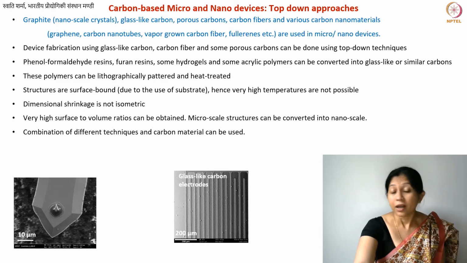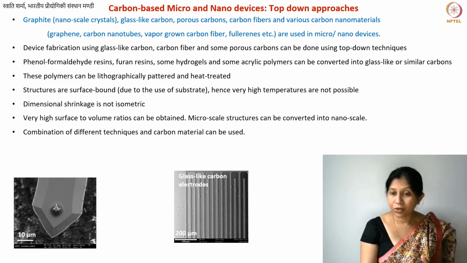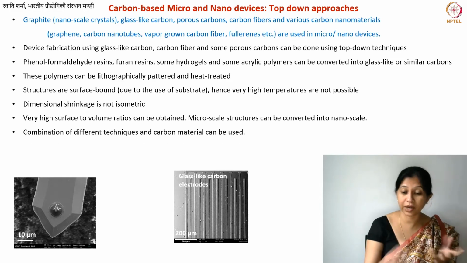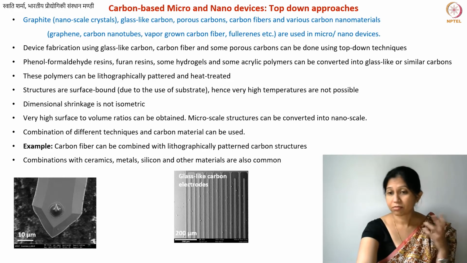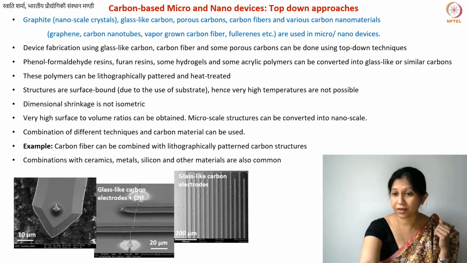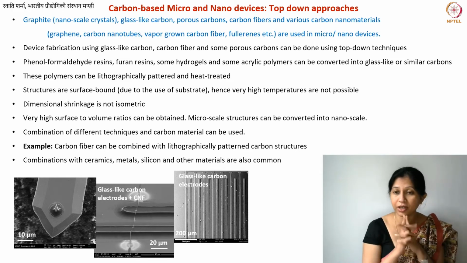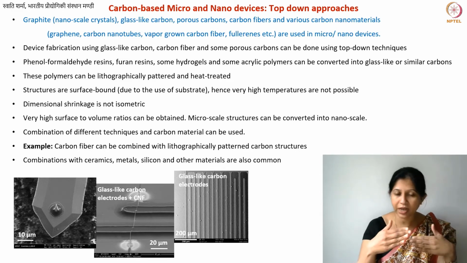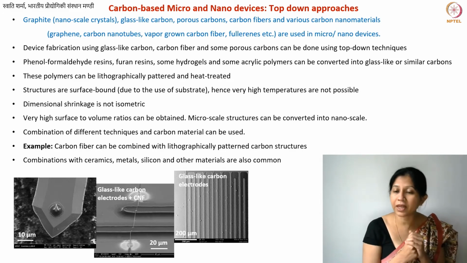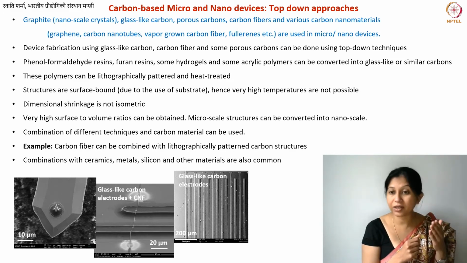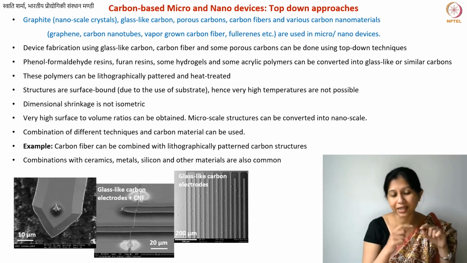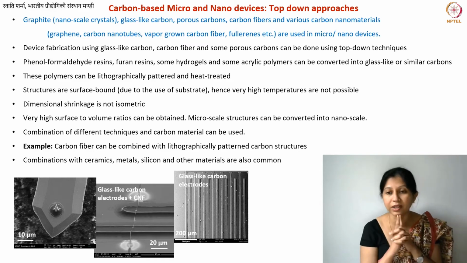Okay. Often you would also use a combination of different techniques. So for example, you can use electrospinning with lithography. So here is an image that I have shown here. You have two contact pads. On top of that, you see there is a fiber. Now the fiber was made using electrospinning and in such a way that you got only one single fiber. We don't need to go into the details of that.